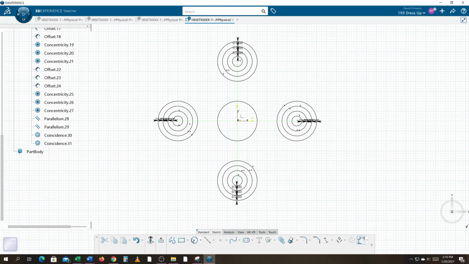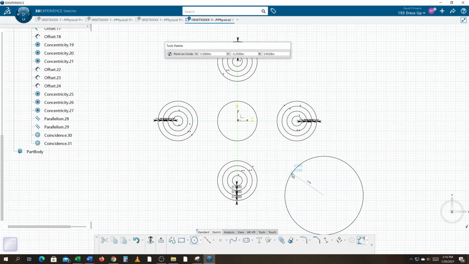So if I were to create a circle, and then, well, that circle's not big enough, dang it. In order to do tangent, I would have to have a circle big enough to touch both. So it's got to be bigger than those two circles. If I do this, and